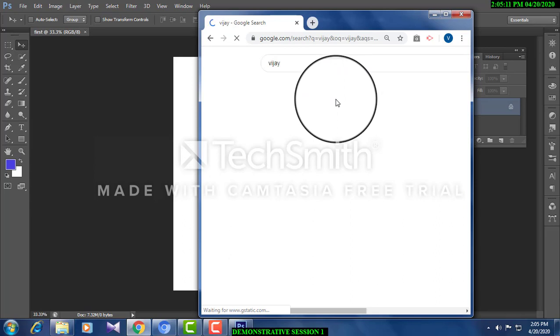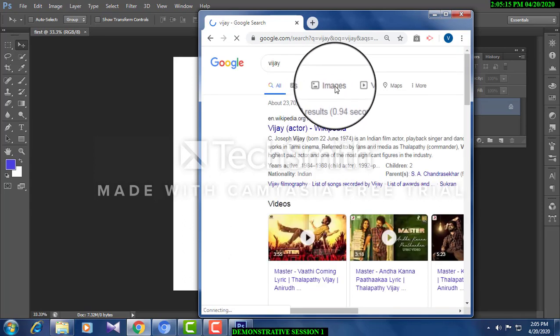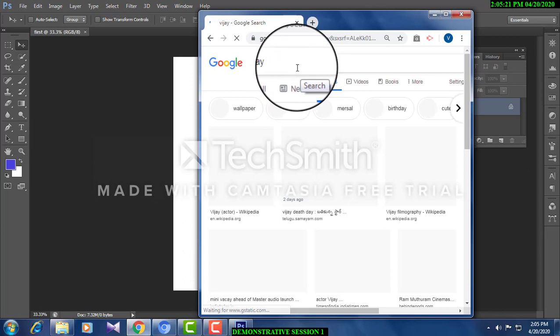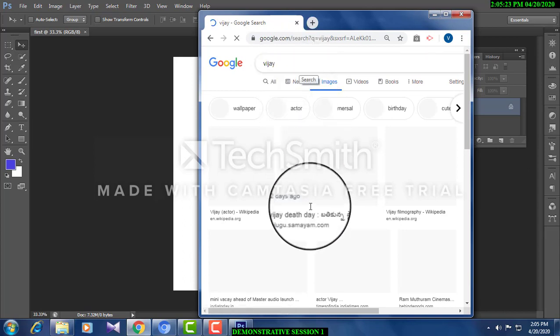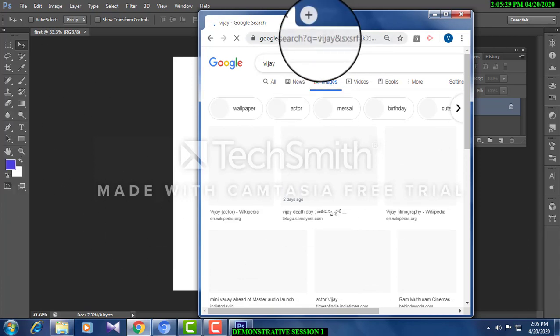Whenever you choose some pictures, you had better go with a better image, a big image. Choose it bigger in size and things like that. Now it is loaded. Before you start working, please do not work simultaneously with the internet. Now I'm just giving a model. Please store the pictures if you want to work.